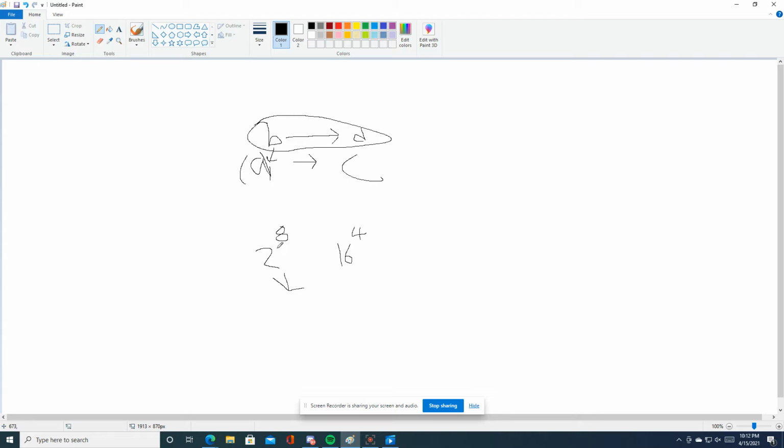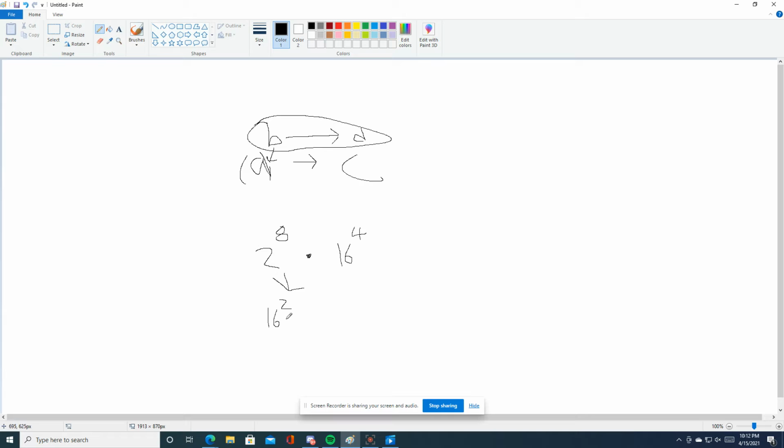Well, if we want to get these to the same base so that we can do things with them, let's say our goal is, for example, to multiply them. We can only do that if the bases are the same. So 2 to the 8 is just going to be 16